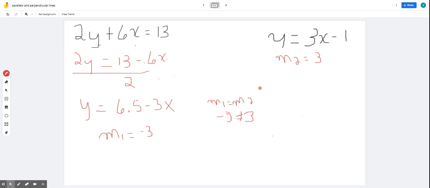Now when we multiply them, do we get minus 1? Minus 3 times 3 gives us minus 9. So when we multiply the gradient of the first line and the gradient of the second line, if we would have gotten minus 1, then we could have said that the lines are perpendicular. But because we got minus 9, it's not perpendicular. So which means that these two lines, they're neither parallel